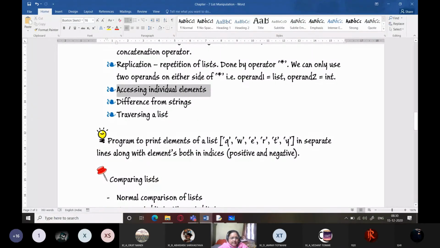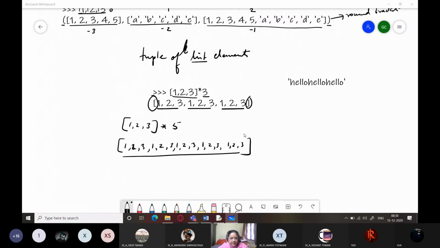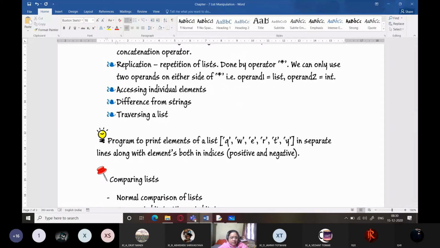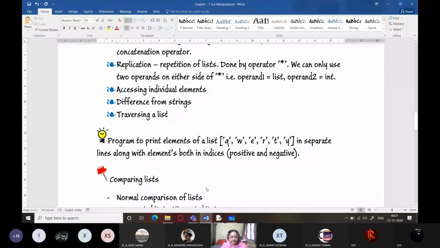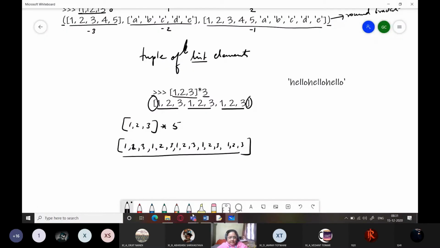Next is accessing individual elements. We have already done that. Difference from strings. Can anyone tell me how lists are different from strings? After so much discussion, if I am able to do this, numbers 3 equals 75, this is considered valid in lists.